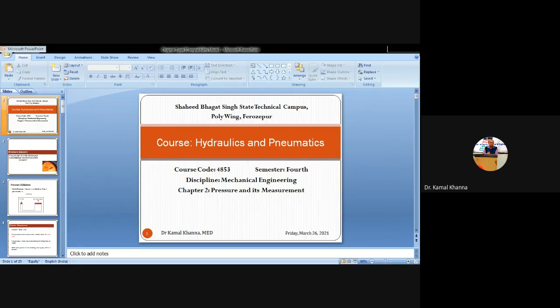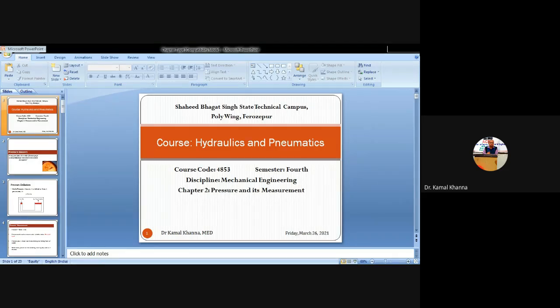So this pressure is generally measured in terms of Newton per meter square. That is, meter square is the unit of area, you always know, and Newton is the unit of force or the thrust which is acting on the fluid. That fluid may be liquid whenever it is stored in the container, or if you are talking about a balloon, we have a gas or air which is stored in the balloon.